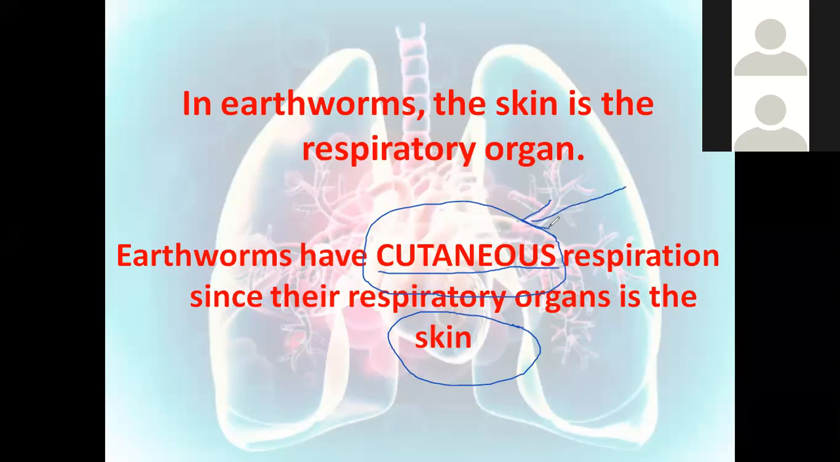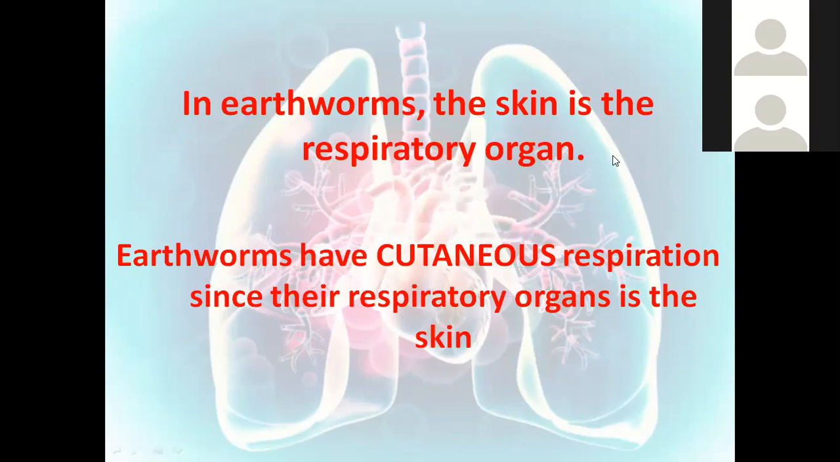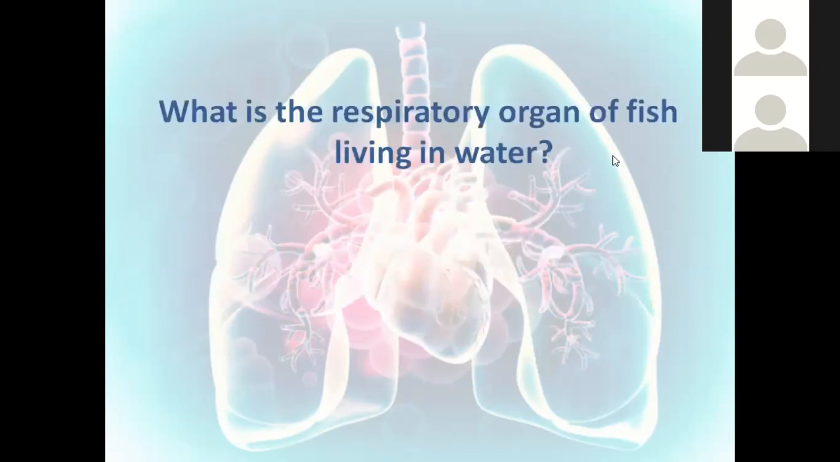cutaneous respiration. Till now, we have three types of respiration. Pulmonary respiration for those who have the lungs as respiratory organ. Second type, we have the tracheal respiration whenever we have the trachea as respiratory organ. Third type is the cutaneous respiration whenever we have the skin as a respiratory organ. What is the respiratory organ of